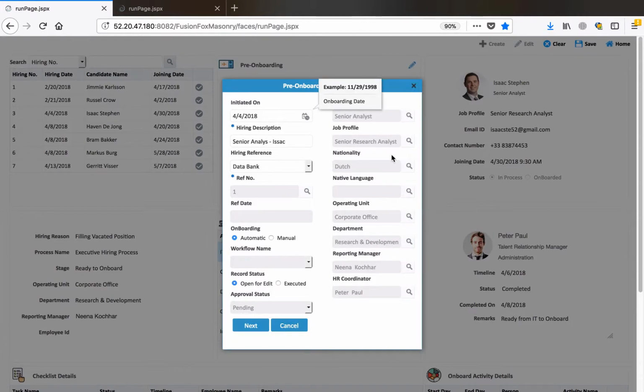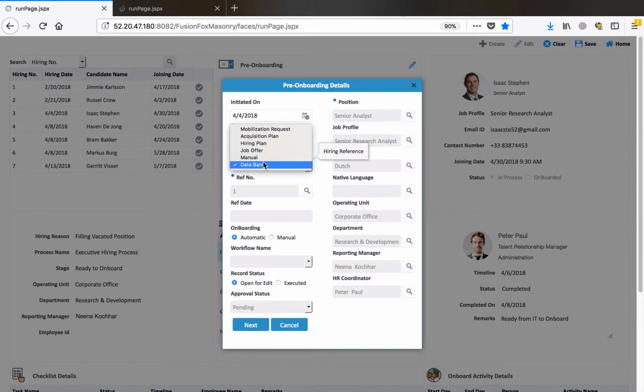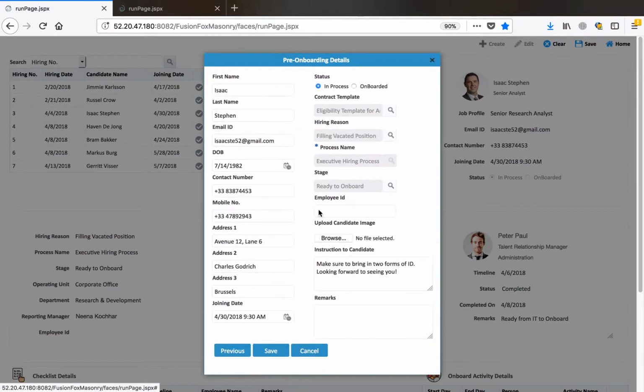The plan was initiated on this date. You can give a title or description to the plan. Here is the list of hiring references, and then select the reference number in order to pull candidate details. In this case, all the relevant details were pulled automatically, such as position, job profile, nationality, etc., from databank profile number 1. In the next stage, we can see all the details about the candidate, which is again populated automatically